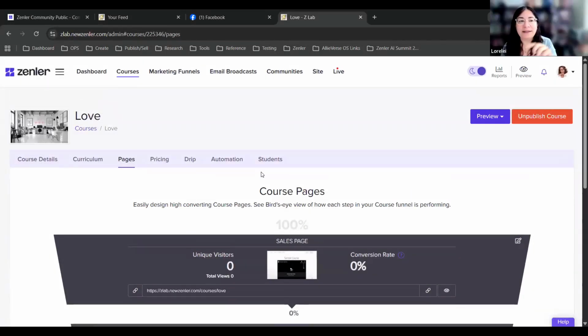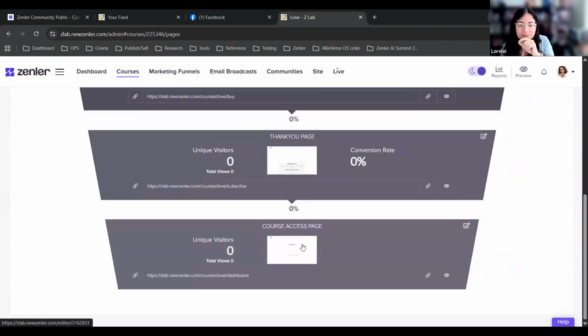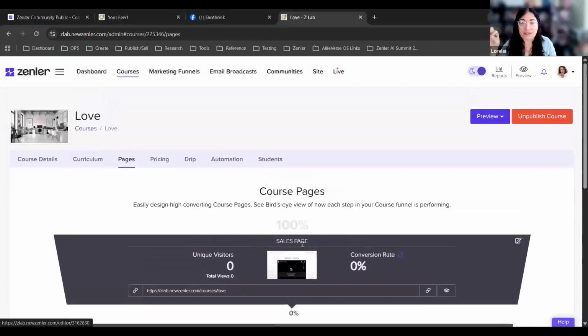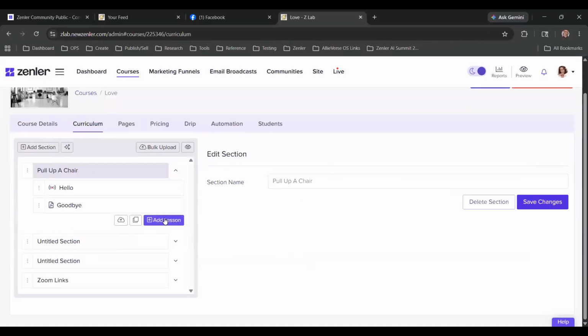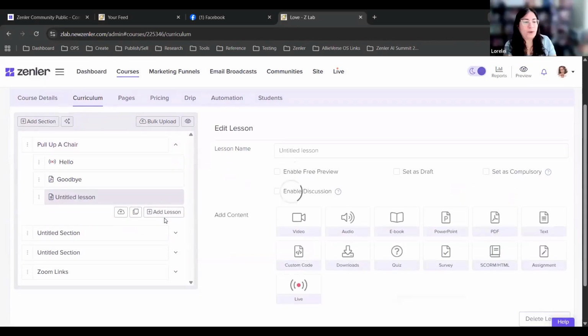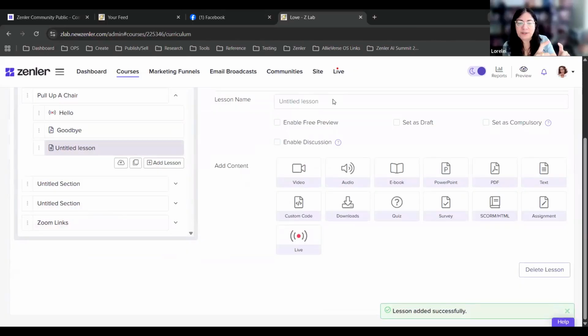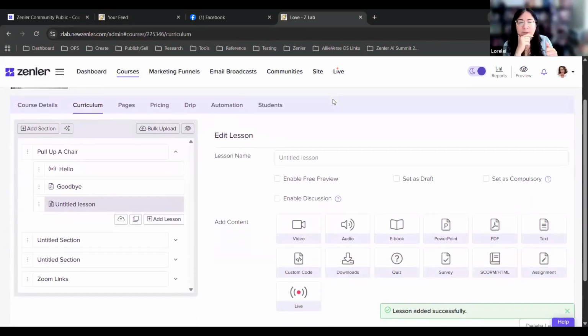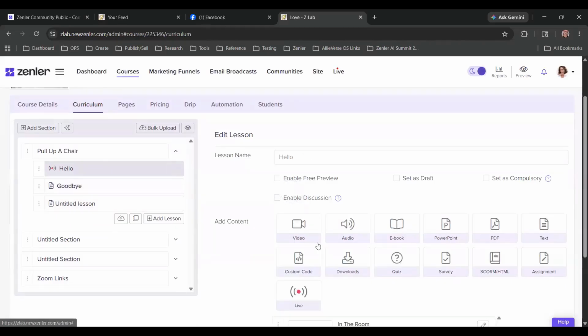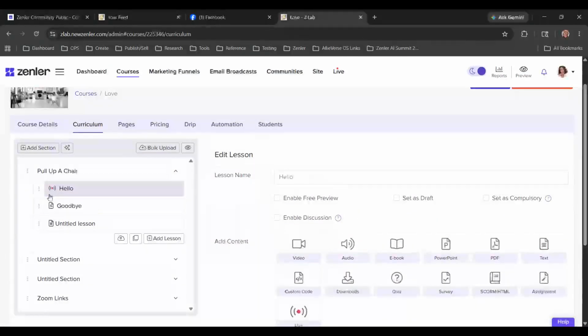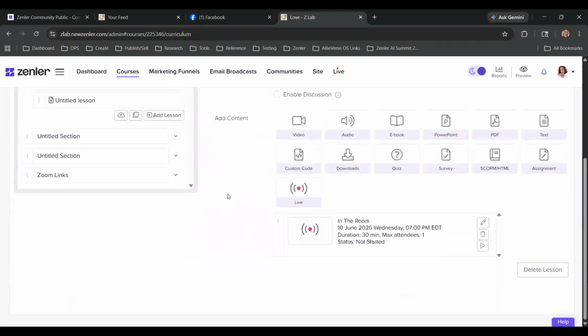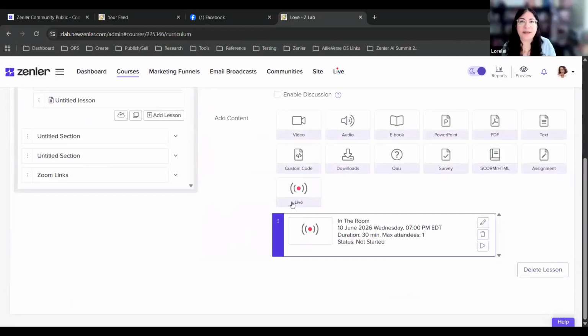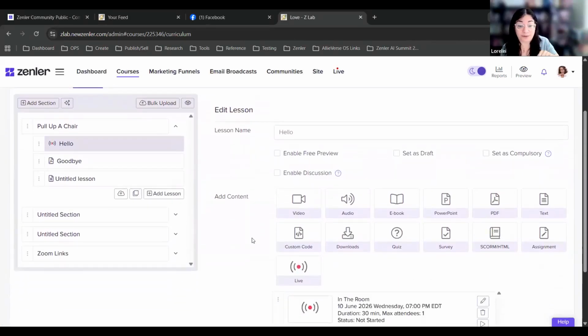So what I added as the block was curriculum, and with curriculum you can select those features there. So you added it here? Yes. So what is "hello"? Is that a live stream, or is that also a video? Oh, that's a live class. I just called it hello. Whenever it has the little red dot on the curriculum, that means it's a live session. Okay, so that means if I had a live session. I don't want to do that, but if I did, that's where I would use it.